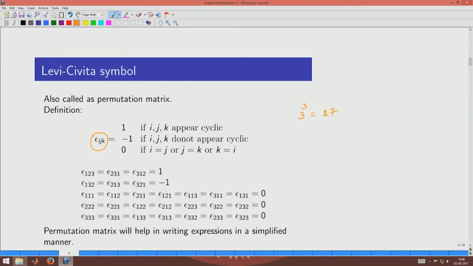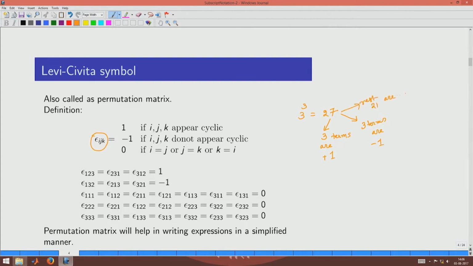So, there are 27 numbers that will be represented by this one symbol epsilon, and out of these 27 we can see that 3 of them are +1, and then 3 of them are -1, and the rest